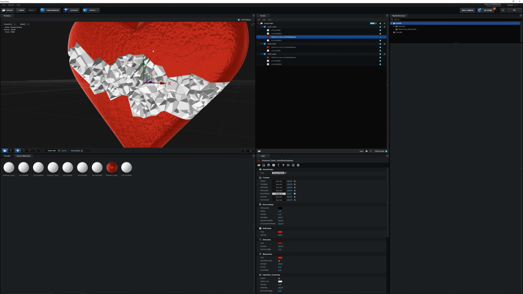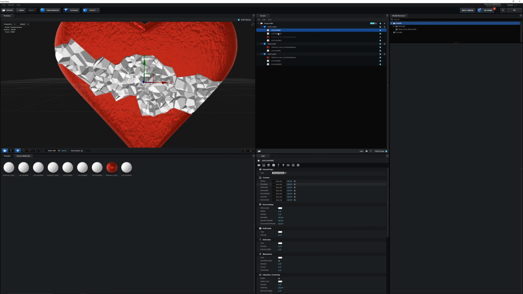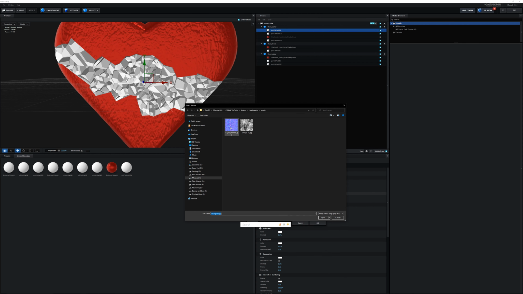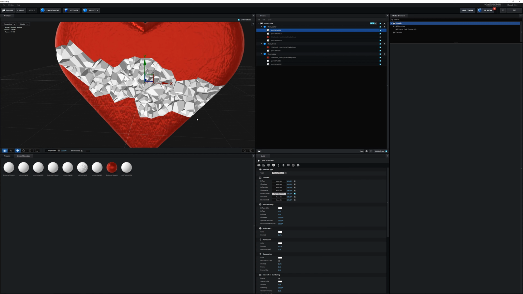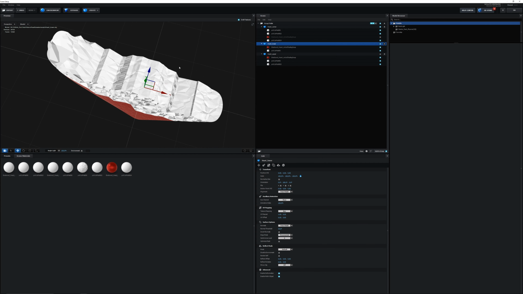And this is all the different shards inside. So click on any one of these PDI materials. Then for the normal bump, go to load texture, do this crystal normal. And then for the UV repeat, do 4 and 4. This also might be more clear if we turn off the lower and upper heart pieces. You can see that texture a little bit better.